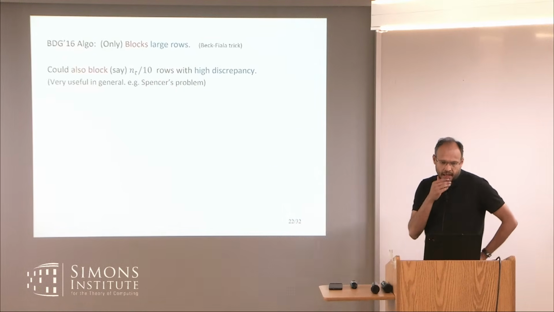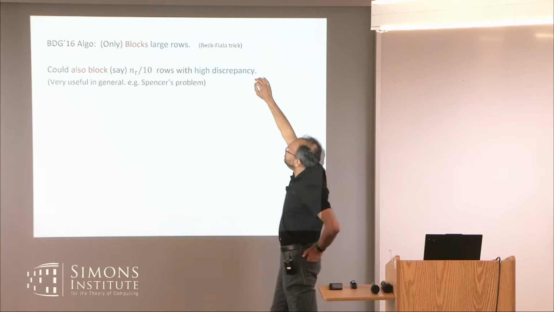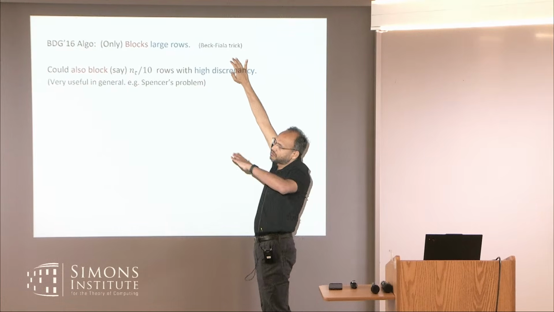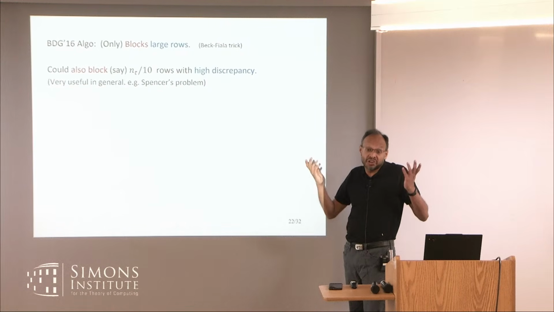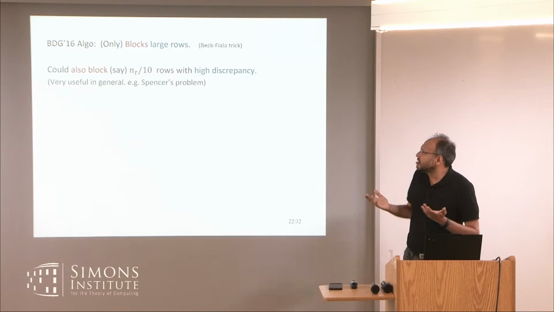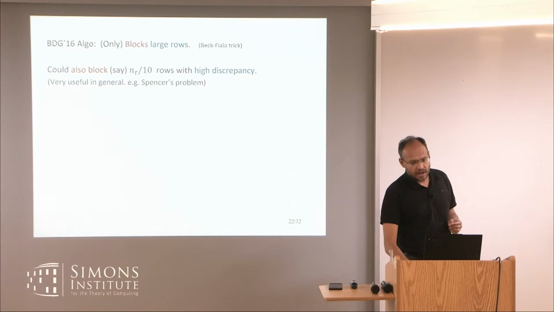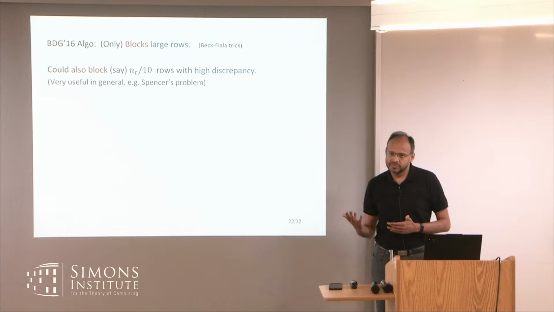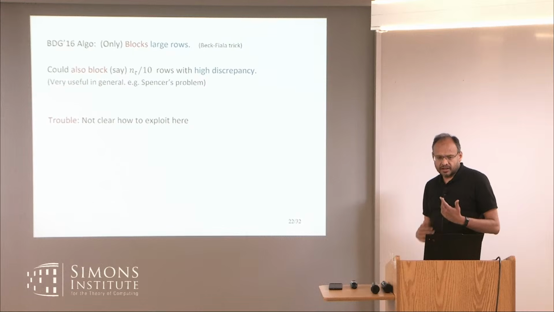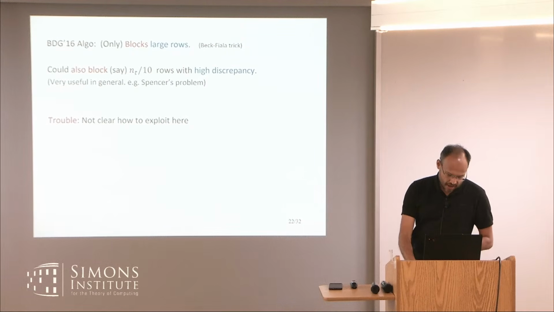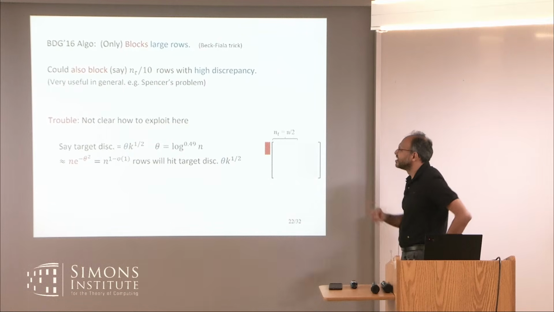So now, if you go back to BDG, there is some obvious deficiency. If you're only blocking large rows, being orthogonal to them, you could also be a bit smarter. You could say, if a row gets too high discrepancy, let me work orthogonal to that. Maybe if I have another n over 10 of them, I can afford to work orthogonal to them. These ideas have been very useful for various previous problems. If you know the Lovett-Meka algorithm, this is exactly what they do. But it breaks down here, so let me give you one instructive example of why. This will guide us to the next natural idea, and then everything will work out.